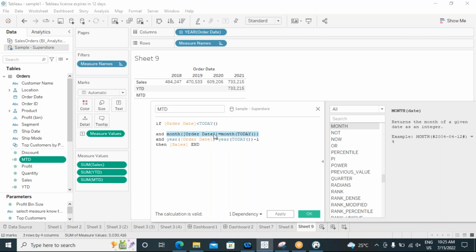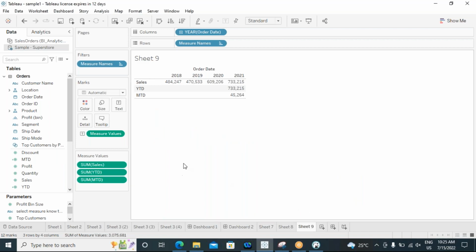Let's see, maybe it will get only July data. So the month of today is 7. We can get the month of order date equal to the month of today. Month of today is 7, so we get July of the previous year's data. So the MTD value is